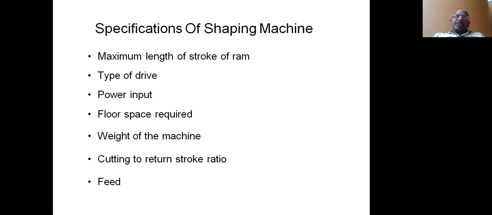In the next class, that is the third class, we will discuss the different mechanisms required to provide different speed ratios for the cutting stroke to the idle stroke. I think in the next class only one mechanism may be completed. In this way, we have three mechanisms in total. For the hydraulic method, hardly half a class is needed, but the remaining 2 to 2.5 classes are required to discuss the remaining important driving mechanisms. The driving mechanisms are also called quick return mechanisms.